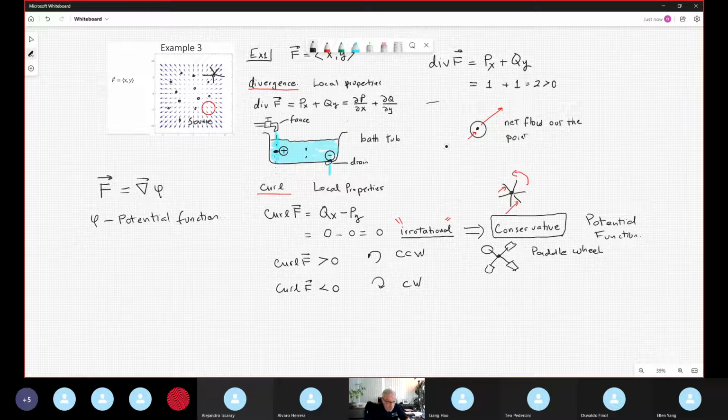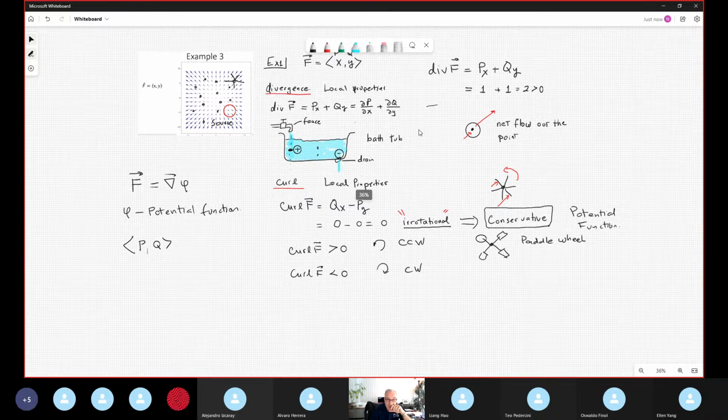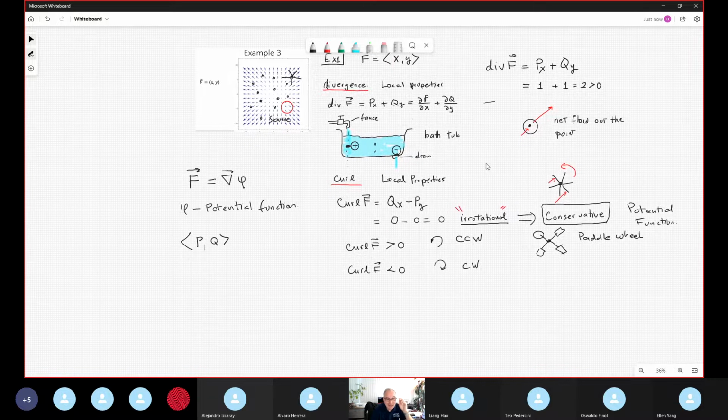Now, to find the potential function is super easy, because you take, for example, the vector field in general PQ, and you find the anti-gradient. You are familiar with the antiderivative, right? But in this case, anti-gradient. Anti-gradient is exactly antiderivative, but component by component, no? So suppose that, for example,